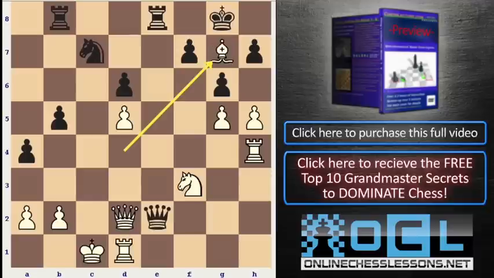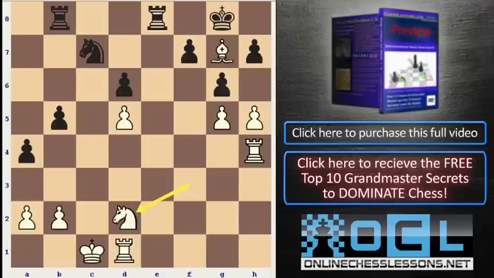Now I should emphasize that this was not actually a winning combination for black. If we go back to this position, when I went over this game later, the computer says I should have played, instead of rook takes queen, knight takes queen, which makes perfect sense, because after king takes bishop,